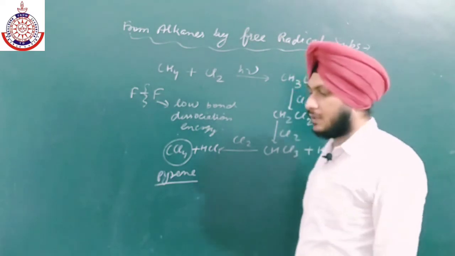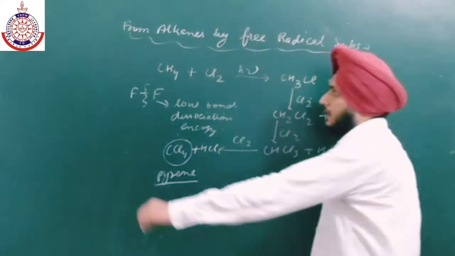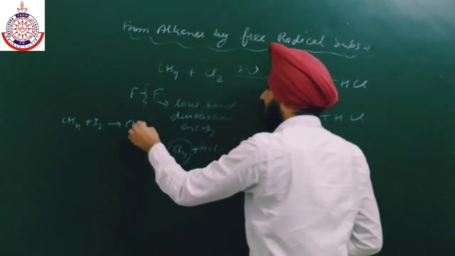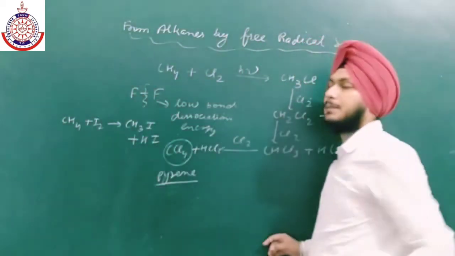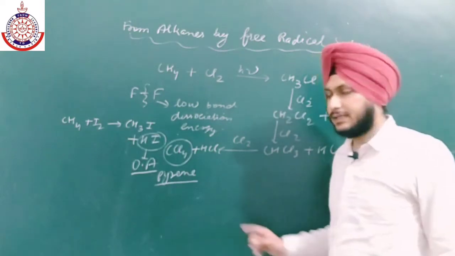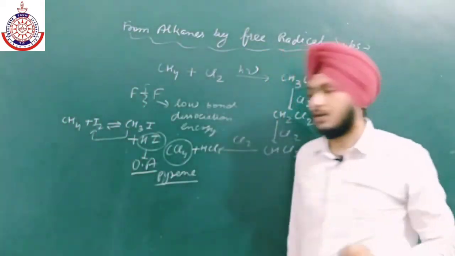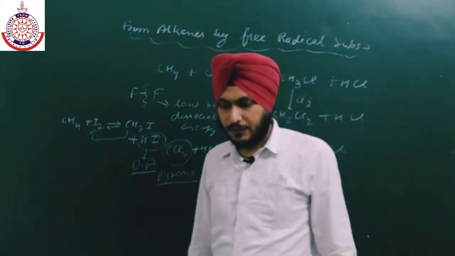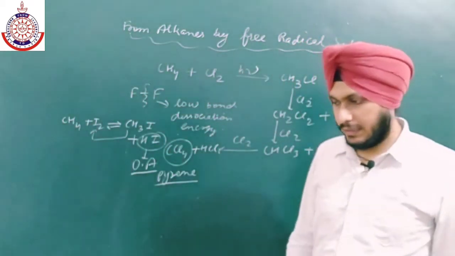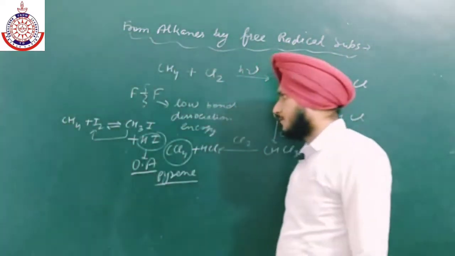Thus, iodine cannot react because in the case of iodine we have CH3I plus HI. The byproduct HI is a very good reducing agent, and it can easily reduce CH3I back to CH4 and I2, and the reaction becomes reversible. We have to use some oxidizing agent like H2O2 in order to get the product. So that is why this is not a favorable reaction. These are the two exceptions, fluorine and iodine.